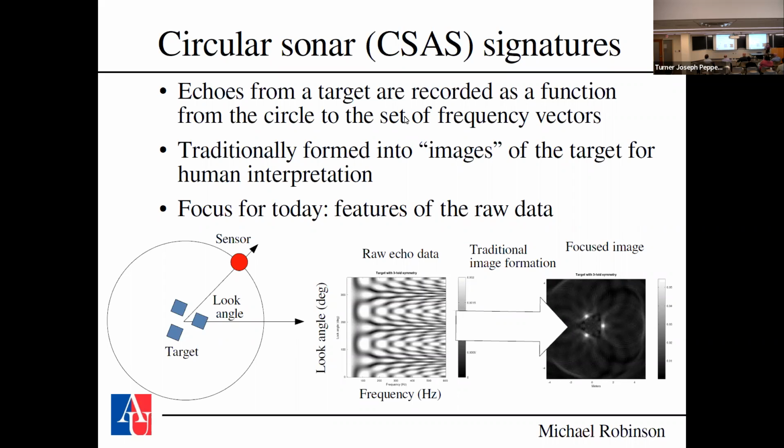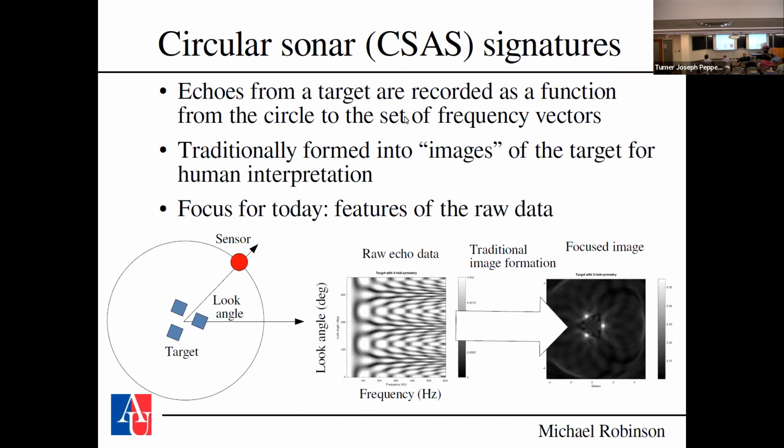So the general idea is traditionally what people do with a radar or a sonar system is they try to form an image. They make a picture of the target so that you can look at it and see what it is. That seems natural enough. It's a very standard thing that people do. And the focus for today is not forming images, because if you distort the trajectory substantially, well, you really can't